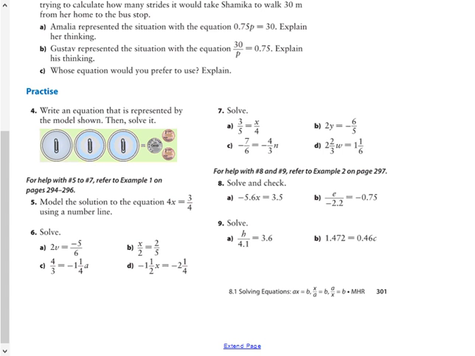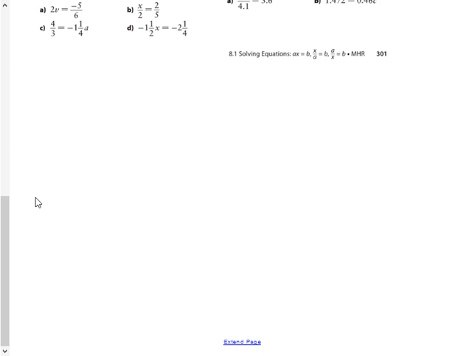Question 5 we didn't have to do. Question 6 says solve. So 2v equals negative 5/6. So we'll get a little bit of space here. Let's see if I can extend this a little bit. All right. So 2v equals negative 5/6. So the first thing